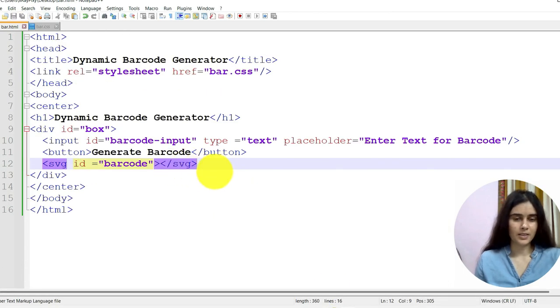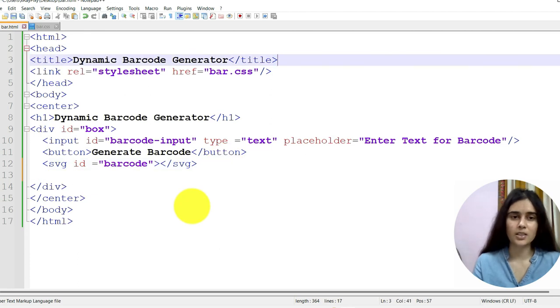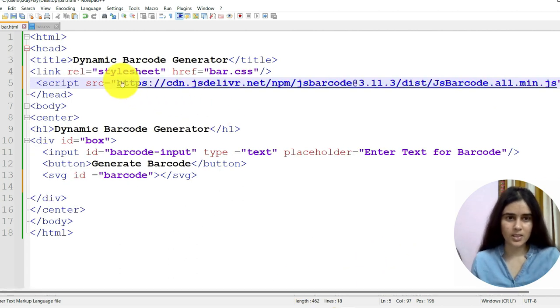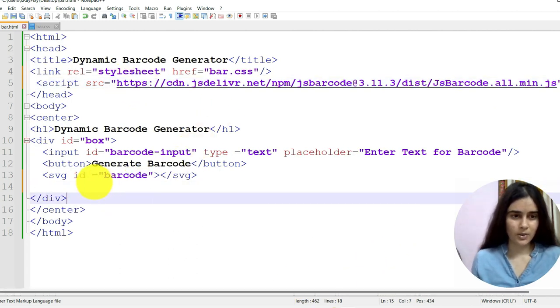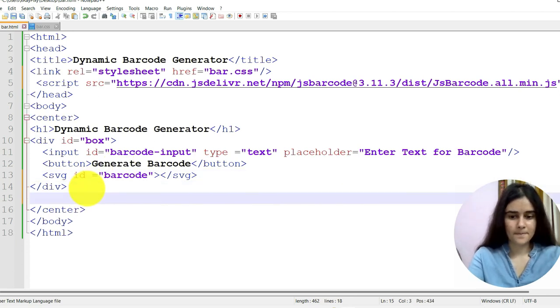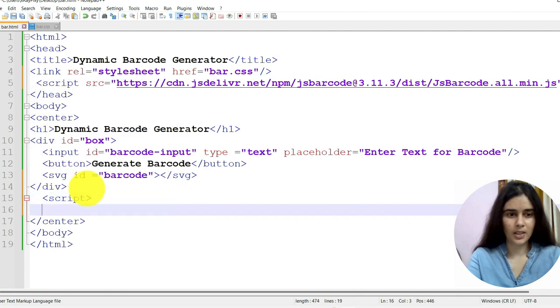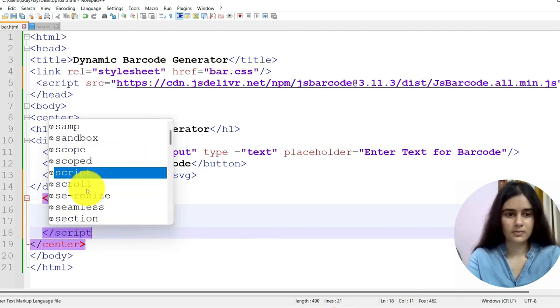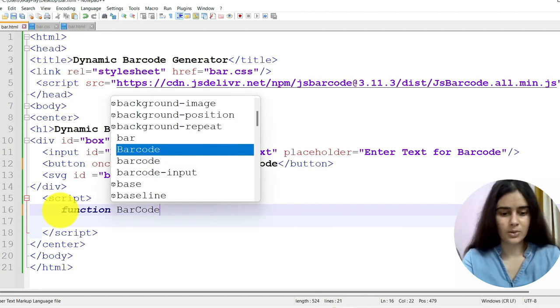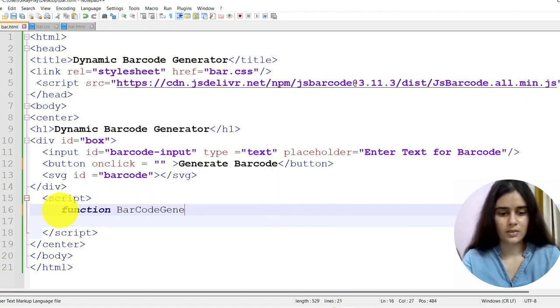Now we will apply here JavaScript. So as we did in the QR code generator, again we will import here JavaScript library, that is barcode.js. So we will import this library here. Then we will apply JavaScript. Here I'm using the script tag. First we will create here a function, that is barcode generate.